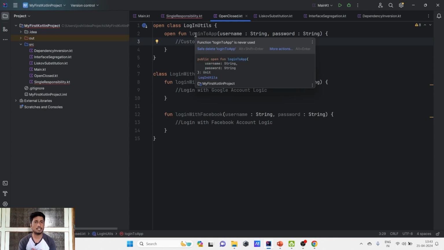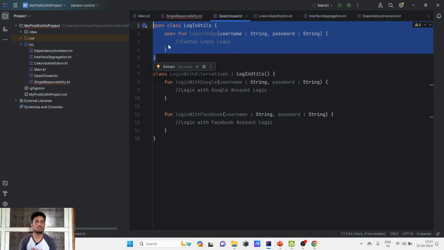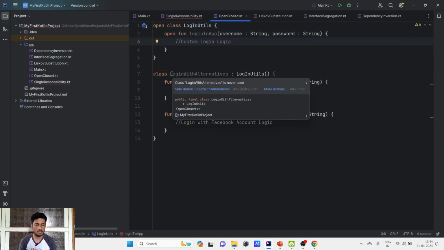There can be other alternatives like login with Facebook, login with Google. This type of alternative login mechanisms can also be present. At the start we haven't included those. Now we want to add those things in our project, in that class. So here, instead of changing the contents of this class, what we can do is create another